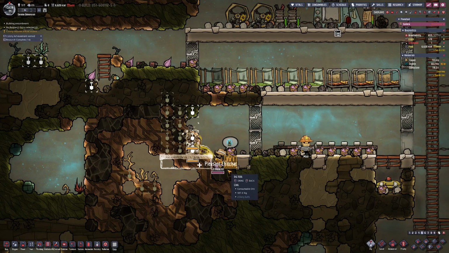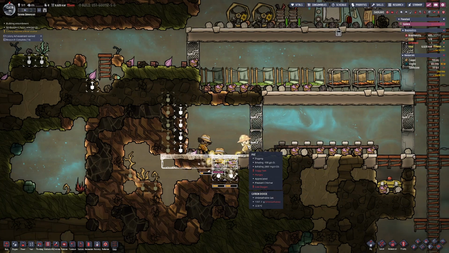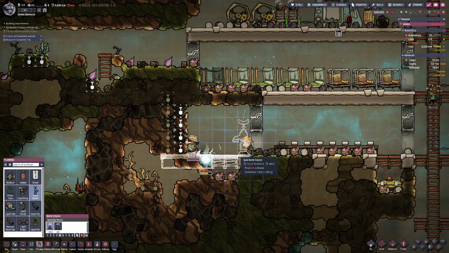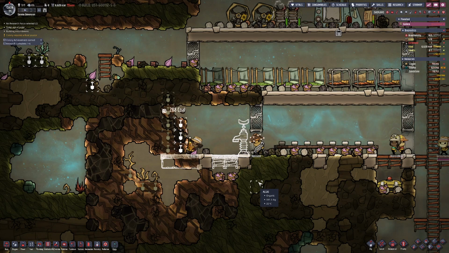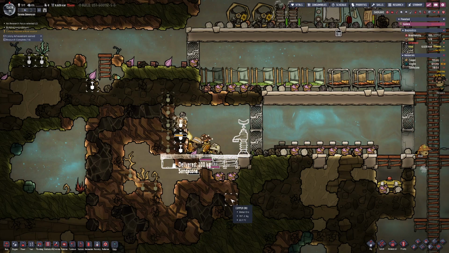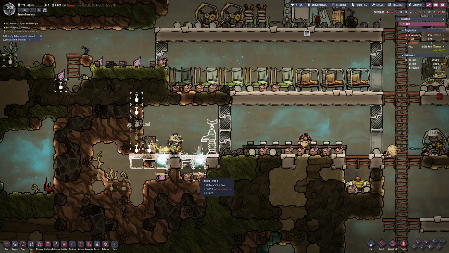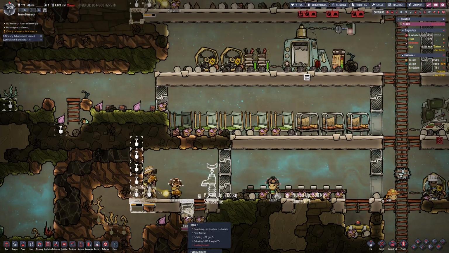Actually, so what we're going to do here is something that might not be, I want to say humane, but it is Oxygen Not Included, and we are really trying to push to have achievements done. We're going to have a murder pit for hatching eggs, and what's going to happen is we're going